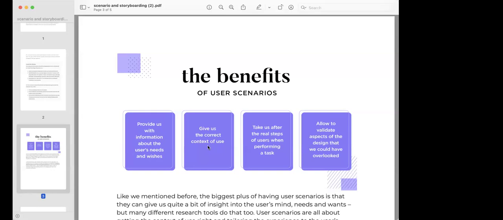So when you evaluate each and every step, you will understand the user's correct context of use, meaning how users are going to purchase the product, what the right way is, and what the steps are. It takes us after the real steps of a user when performing a task. The real steps you have to get by focusing a bit on competitor analysis, because in competition you know how the application is working,